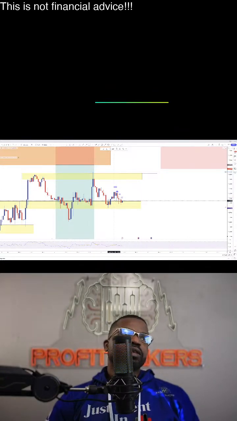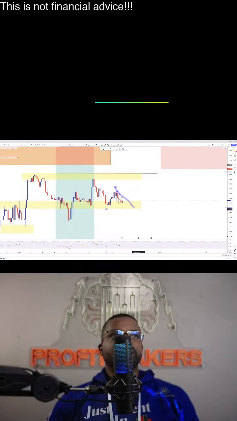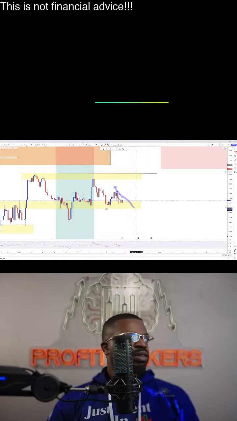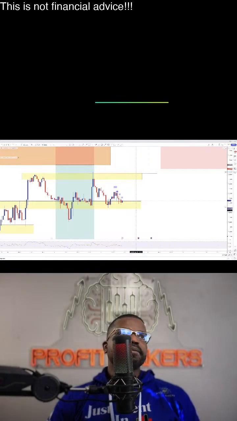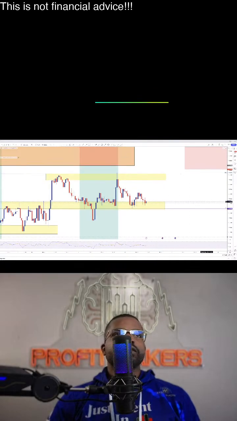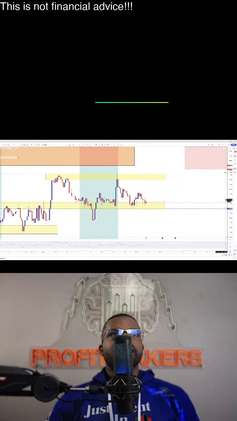Okay? So eventually, if it holds these highs, it's going to create a lower low. So in seeing it, there's nothing more that we need to do but put an alert above and put an alert below. Because the way this thing is setting up,